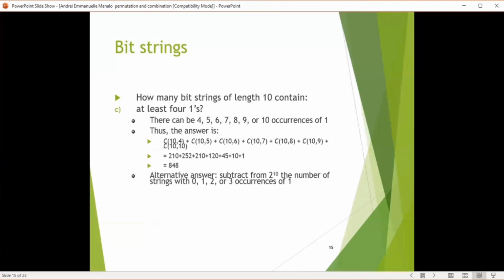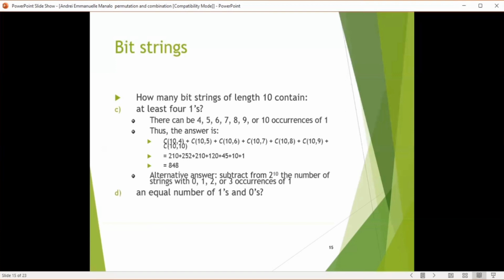How many bit strings of length 10 contain at least four 1s? There can be 4, 5, 6, 7, 8, 9, or 10 occurrences of 1. Thus the answer is C(10, 4) plus C(10, 5) plus up to C(10, 10), which equals 210 plus 252 plus 210 plus 120 plus 45 plus 10 plus 1 equals 848. Alternatively, subtract from 2 to the 10th power the number of strings with 0, 1, 2, or 3